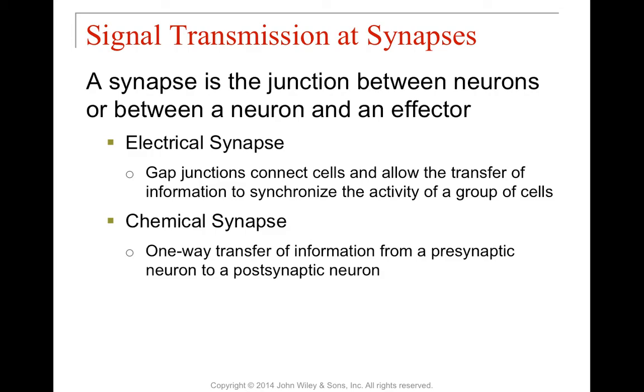Okay, let's talk about synapses. So synapses are regions between neurons. So where one neuron is passing on information to the next neuron, or where one neuron is passing information on to an effector cell, say a muscle cell, for example. So we can have electrical synapses, or we can have chemical synapses. Electrical synapses are going to synchronize the activity of multiple cells and allow information to transfer back and forth. A chemical synapse is only going to allow information to transfer one direction, from the presynaptic neuron to a postsynaptic